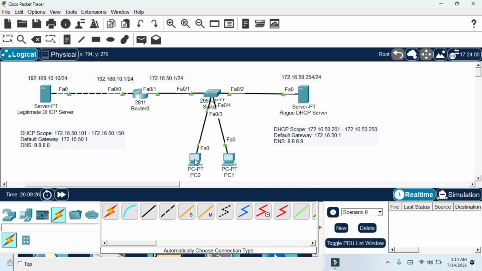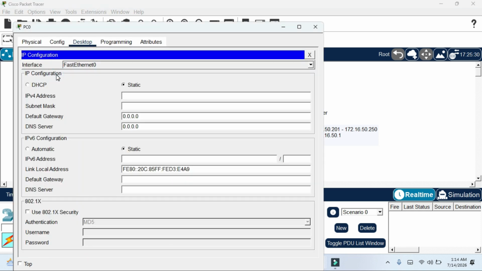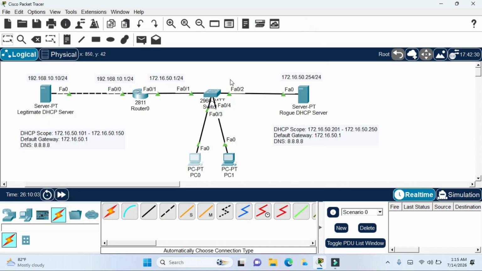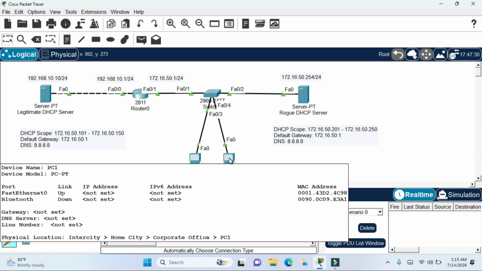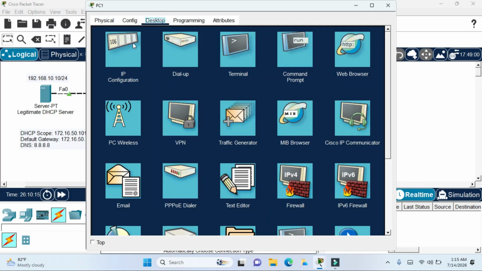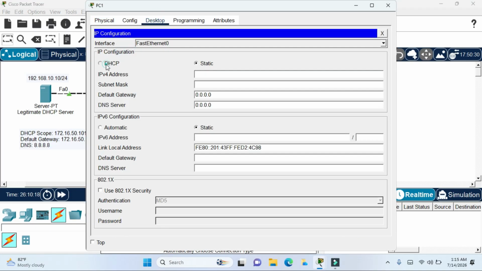172.16.50.201. Remember it. Go to IP configuration and check DHCP. The IP address received from the rogue DHCP server is 172.16.50.201. That means the legitimate DHCP server cannot assign IP addresses to my network devices. I am going to check another PC. Go to desktop, click on IP configuration, click on DHCP, and here also the IP address is assigned from the rogue DHCP server,